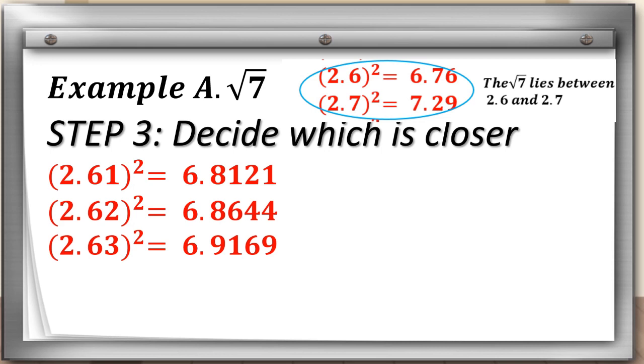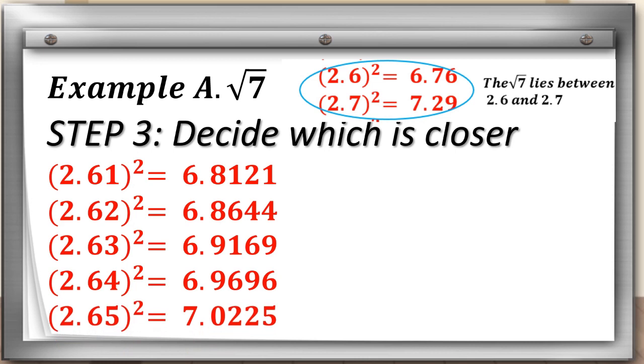2.63 squared is equal to 6.9169. 2.64 squared is equal to 6.9696. 2.65 squared is equal to 7.0225. Note that squaring 2.66, 2.67, 2.68, and 2.69 ay hindi na kailangan dahil ang square root of 7 ay